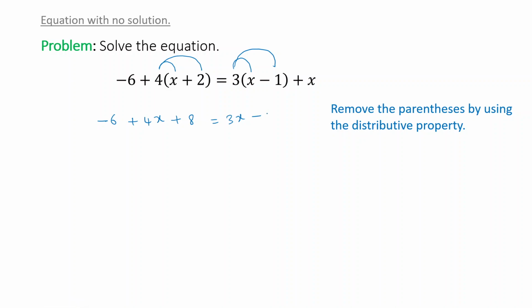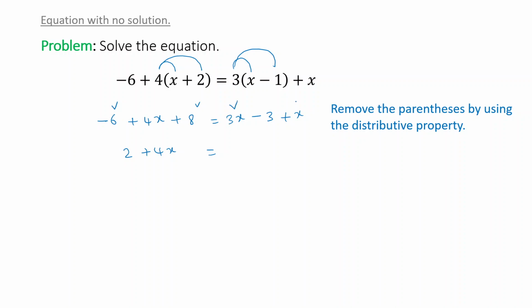You get negative 3 plus x. Now you can combine this and this, -6 plus 8 is 2 plus 4x. That is equal to,